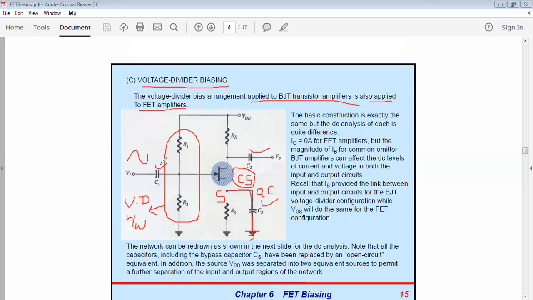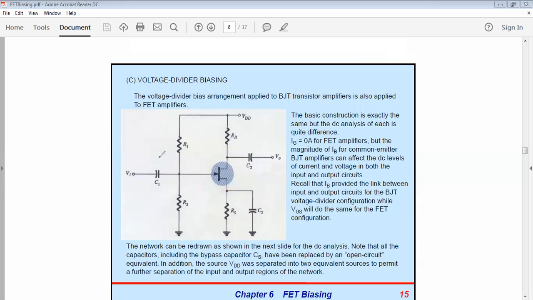And coming to the biasing, for DC analysis, already we know that the capacitor acts as an open circuit. Okay, remove all these three capacitors. Then simplify the gate network here. Find out the VThevenin at gate. Okay, this is the gate terminal. Find out VThevenin at gate, that is the gate voltage. Similarly, RThevenin at gate, right?